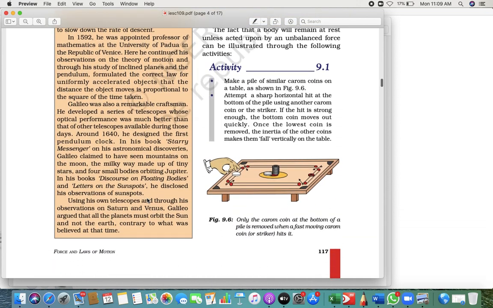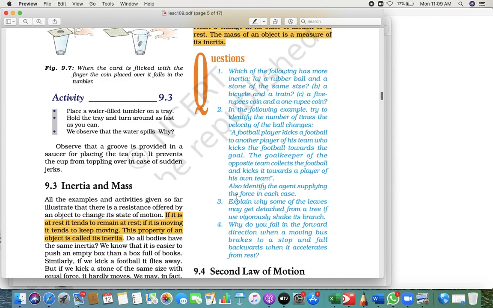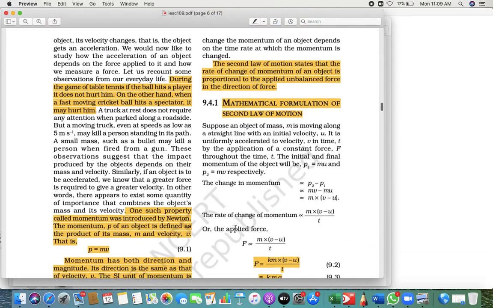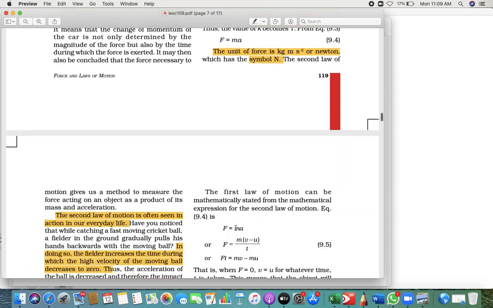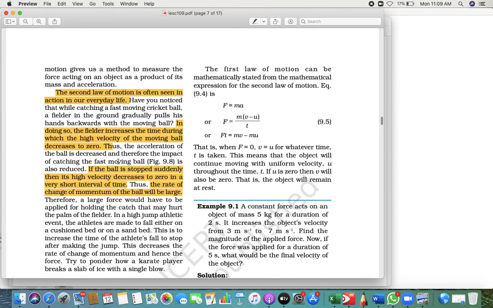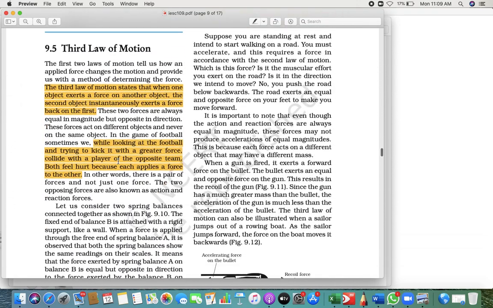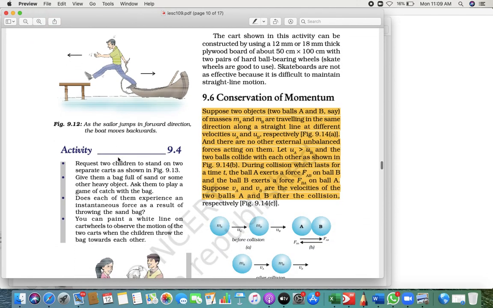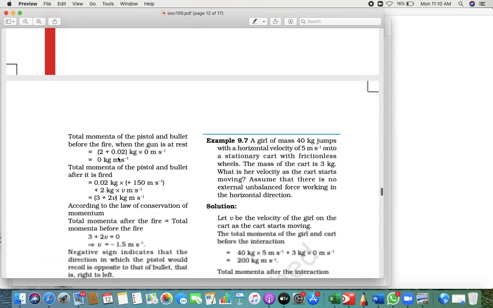Then inertia is very important, and based on inertia, these questions are also very important, as you can see. Second law, inertia depends upon mass. You already know inertia depends upon mass. Second law, Newton's second law of motion statement, you remember. Then this word problem, even these justifications, like why do you pull your hand back, right? Like that. Newton's third law statement, you remember, right? And the word problems based on this, conservation of momentum statement, you remember, right?